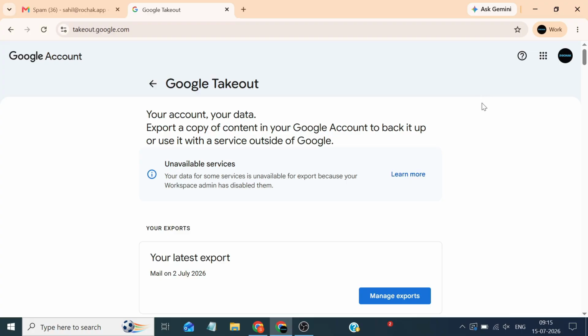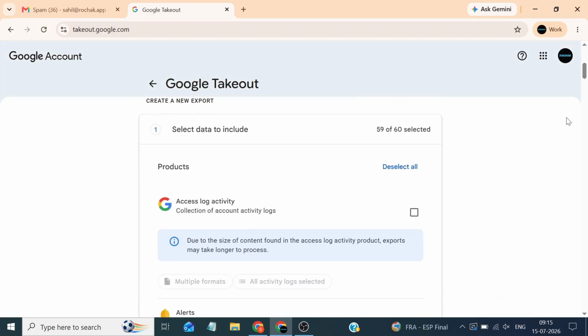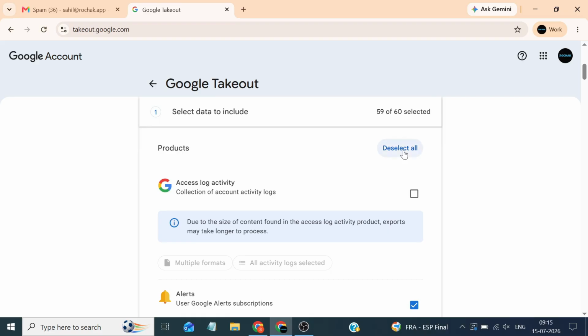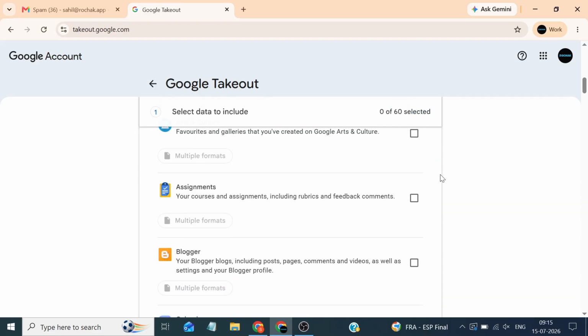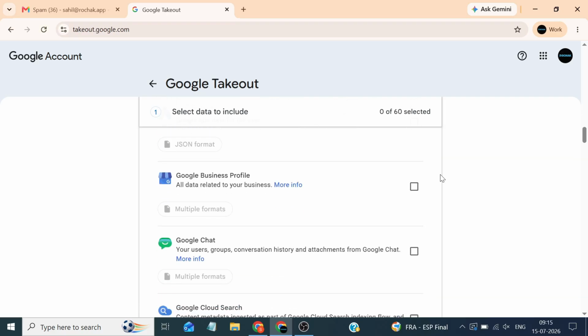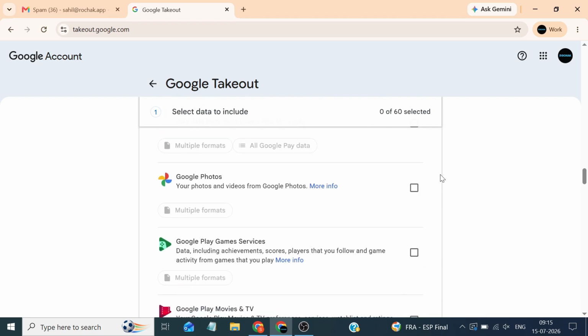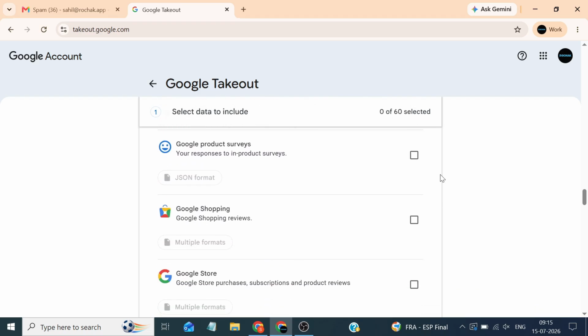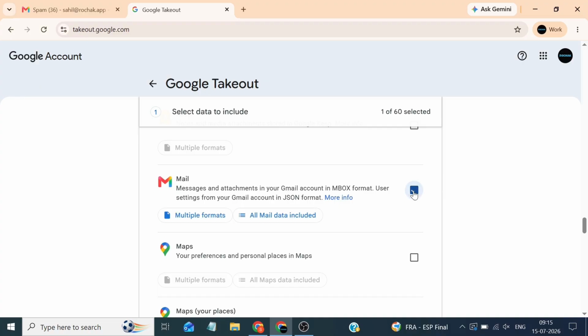By default, several Google services may be selected. Since we only need email data, we don't need anything else to export. So click here to deselect all. Now scroll down until you find the mail option. Select mail,